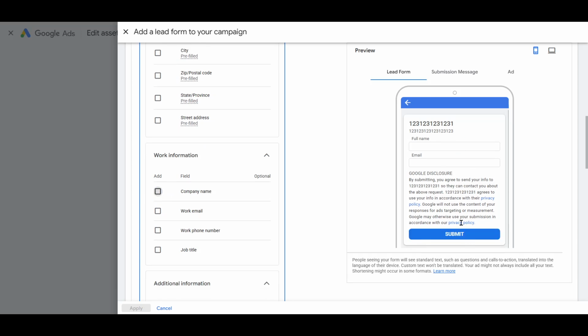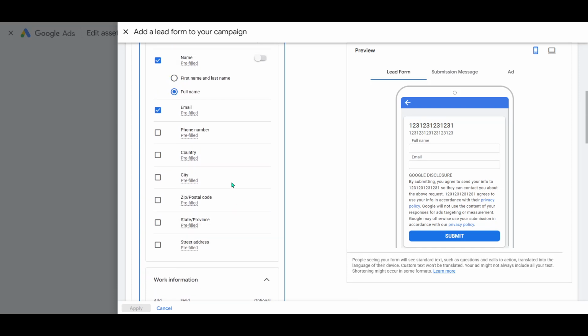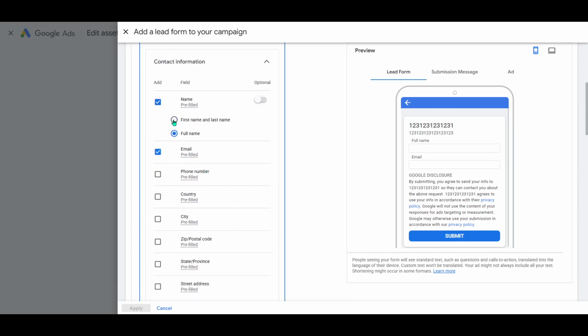Keep an eye on performance, and as your results come in, refine your fields and messaging to balance volume and